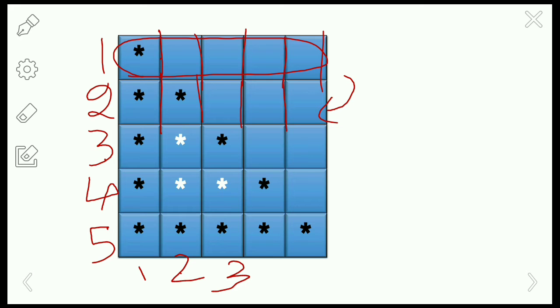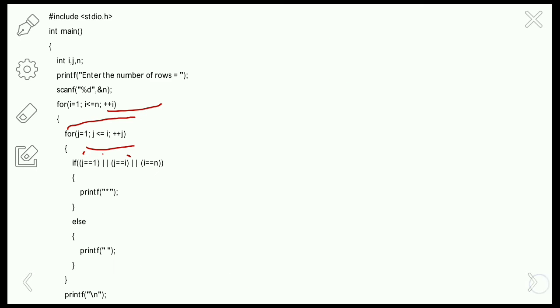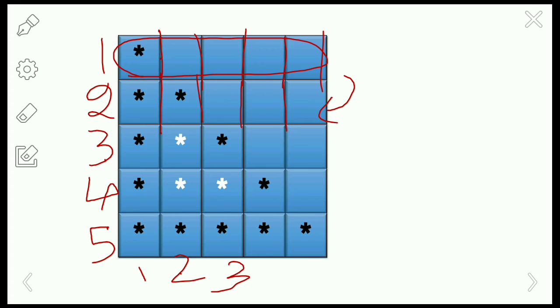So if the condition is satisfied, then a star is printed, and if the condition is not satisfied, then a space will be printed instead of stars. Okay, so here we are writing the if condition: j == 1, j == i, i == n. So how are we writing this code? If you observe,